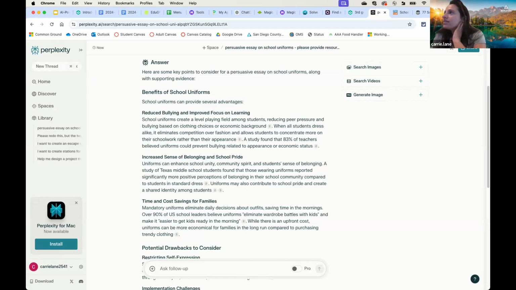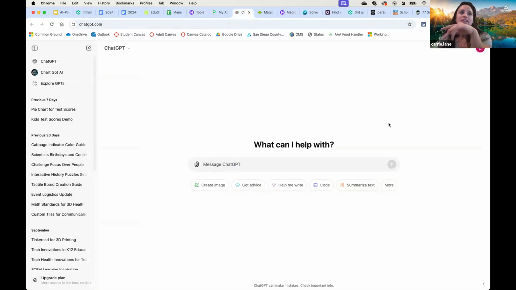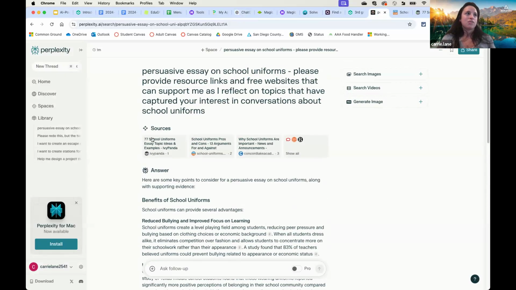And I see in the chat, I do like Perplexity and Copilot and ChatGPT can be prompted. Yes, definitely. ChatGPT definitely can be what you said. But the other thing that I like is just that it comes up immediately with your sources right here.